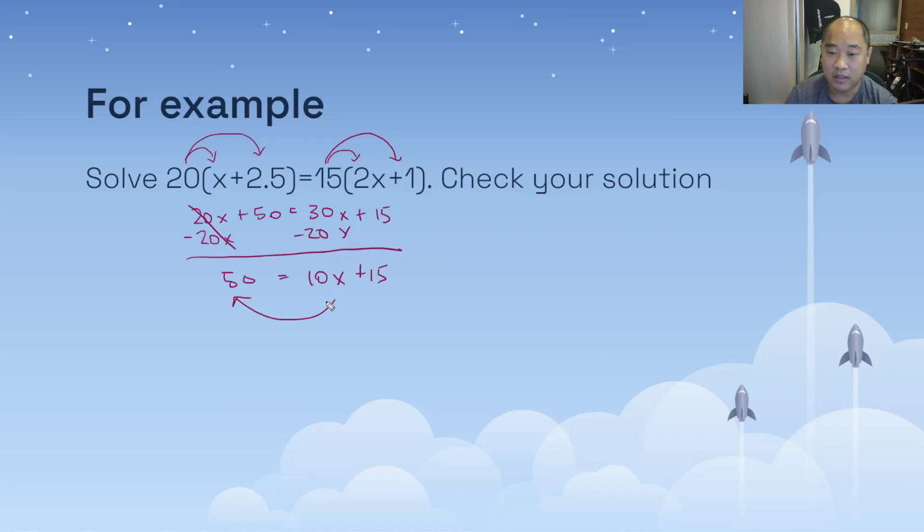Now I'm going to want to get all the numbers from this side over to the left side. So I'm going to subtract 15 from both sides. That's going to give me 35 equals 10x. Then I will divide by 10 to get rid of this multiplied by 10, right? 10x means 10 times x. So I'm going to divide by 10 to undo that. So that gives me 3.5 equals x,